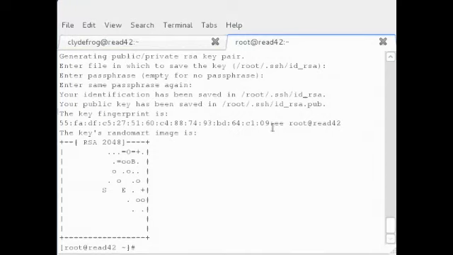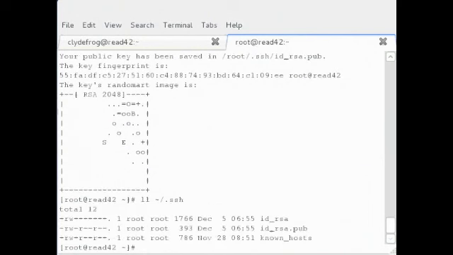And that creates your public and private keys in the SSH directory. And here's the private key and the public key. So if you want to be able to SSH to another machine, what you would want to do at this point is SCP